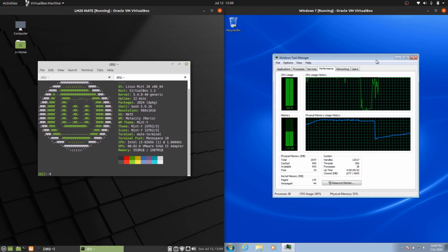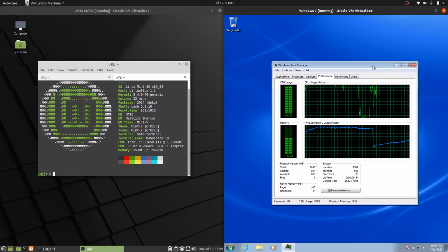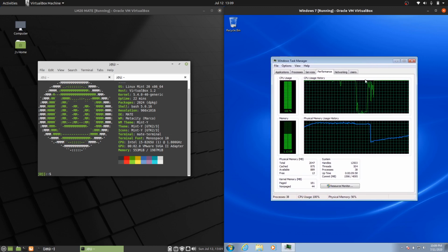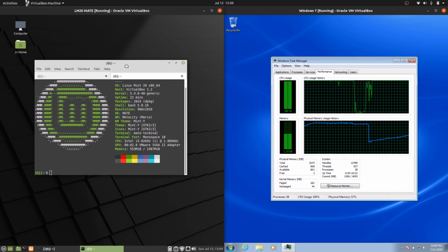This is just a bit of a comparison video between Linux Mint 20 Mate Edition on the left and Windows 7 on the right. So both very good long-standing operating systems, not quite in their latest release. Windows 7 has been around for quite a while, whereas Linux Mint on the left is the latest release,